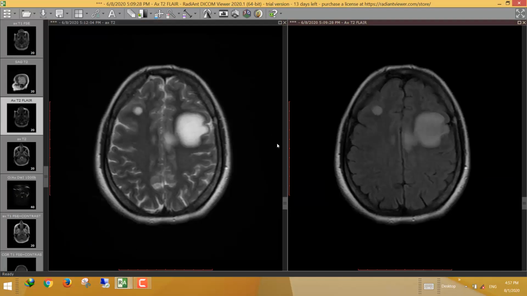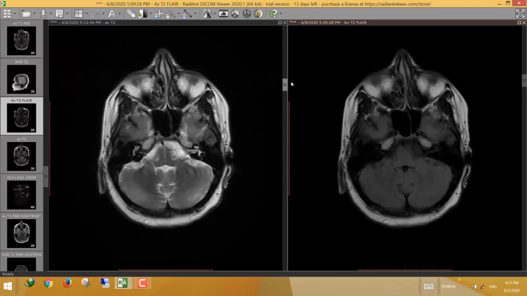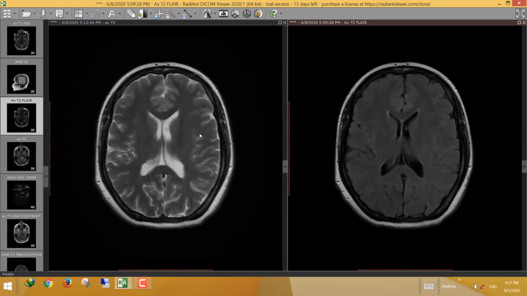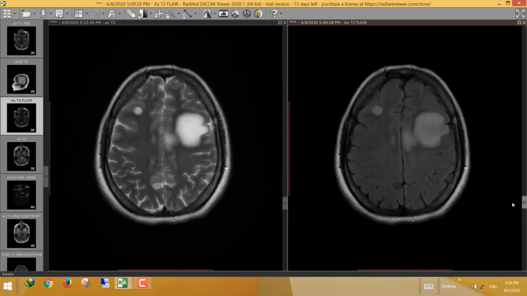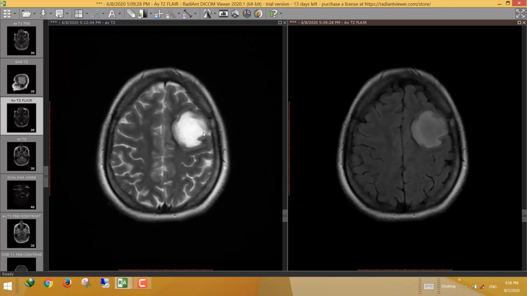Okay, this is a young male patient who came for MRI brain, and this is the MRI T2 axial images and the MRI FLAIR. Here we can see that there are multiple lesions at both frontal lobes. The larger lesion here is seen at the left anterior frontal, high frontal regions. It exhibits a bright T2 signal and high FLAIR, and in T1 weighted images we can see that the lesion is